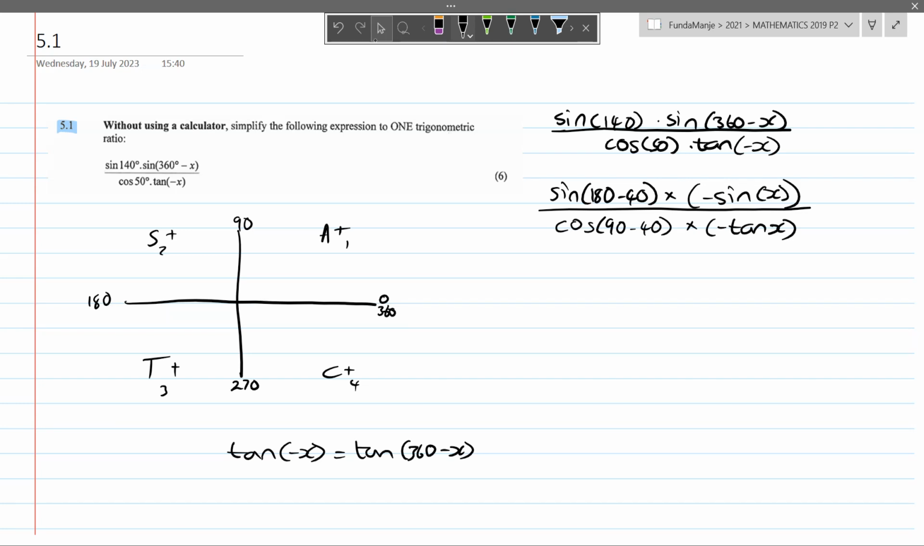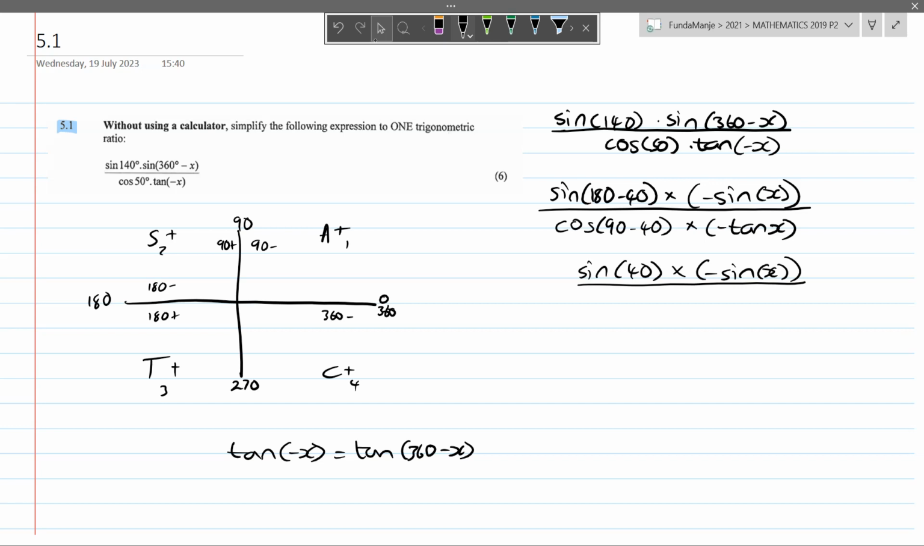Then sine (180 minus 40) becomes sine 40, because that is in the second quadrant. 180 minus is this, this is 180 plus, this is also known as 90 plus, this one is 90 minus, and then this one is 360 minus. So sine (180 minus 40), that's in the second quadrant, and according to the rules that is equivalent to sine 40. Then we say multiplied by minus sine x